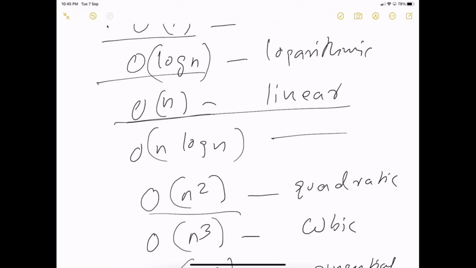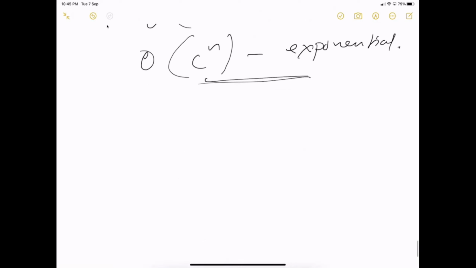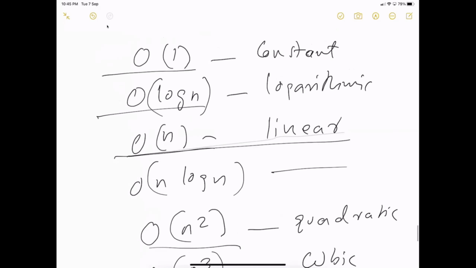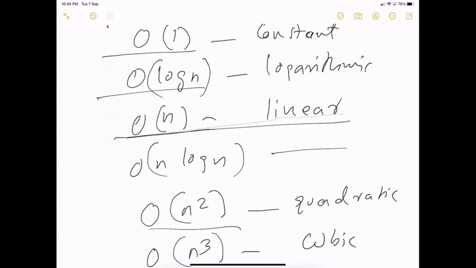Understood until now? Assume that you know how to calculate these perfectly. Then can you use this table to compare and find out which is the best algorithm? Yes or no? Yes. Okay.